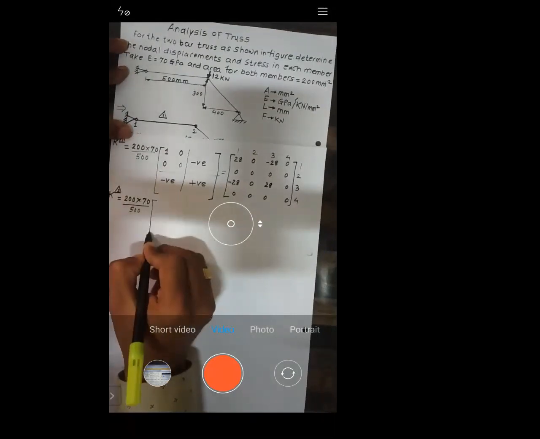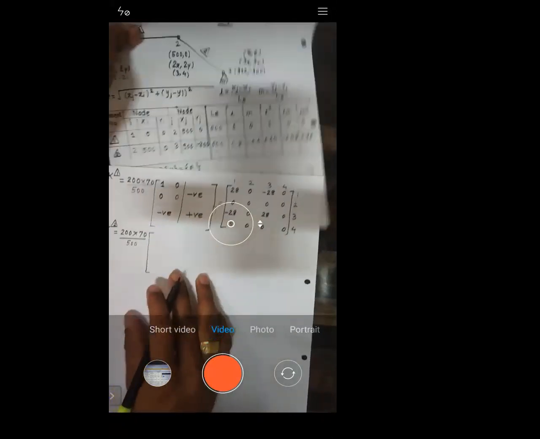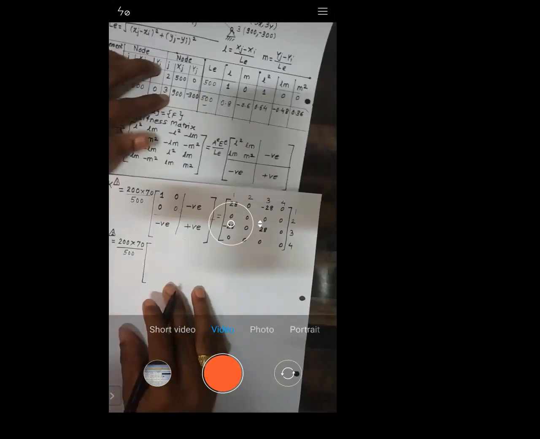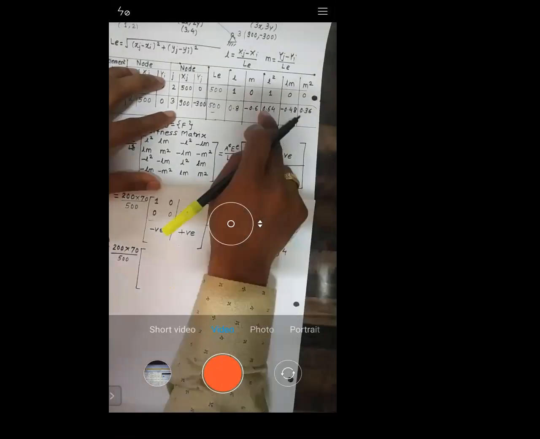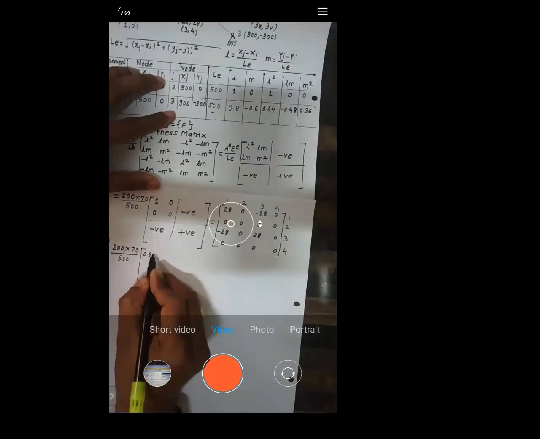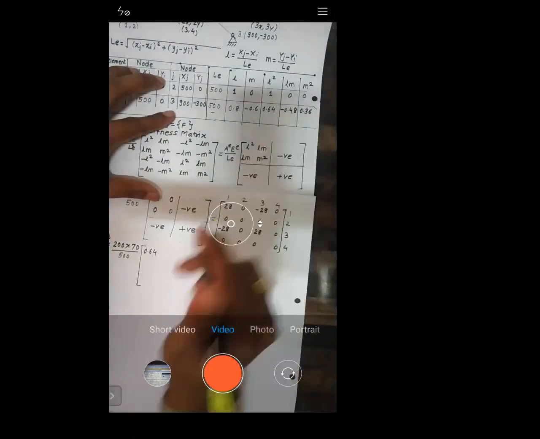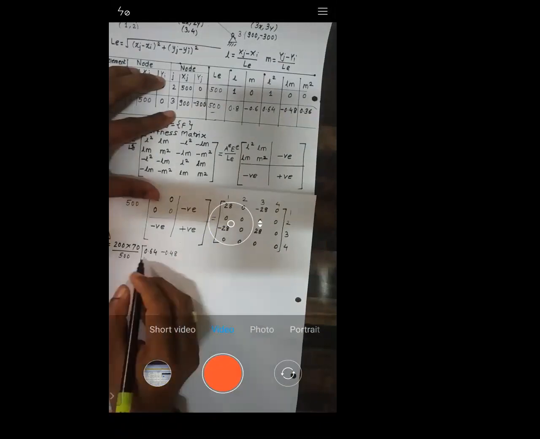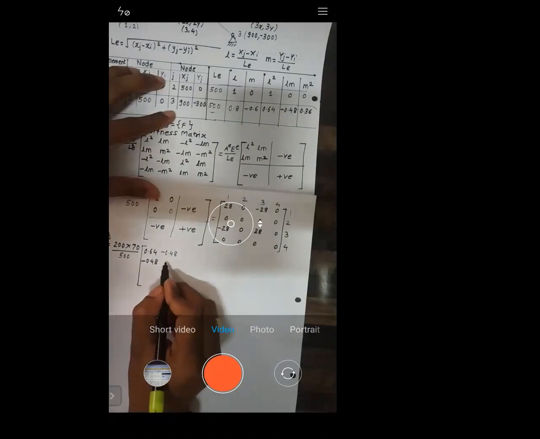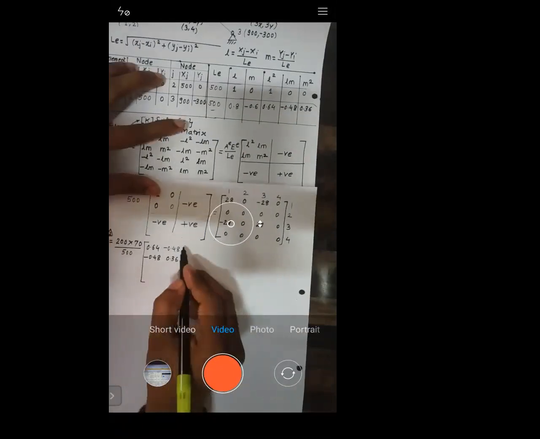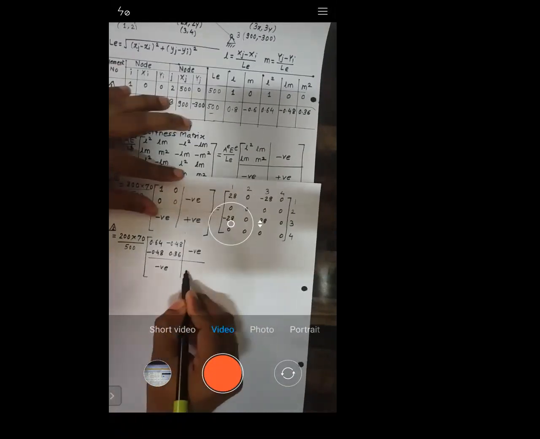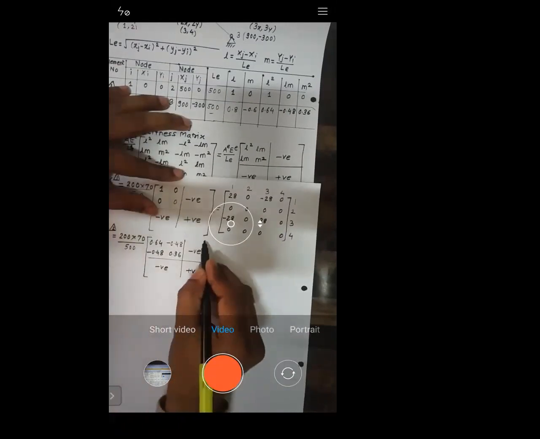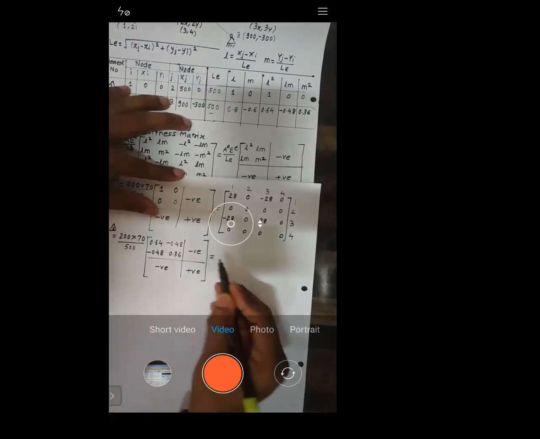Right, into we need to write down L square, LM, M square. What is L square for this one? It is 0.64. L square LM, it is minus 0.48. Then again LM minus 0.48 and M square 0.36. On this side you have negative, again negative here, and positive. Is it okay or not? Let me know.